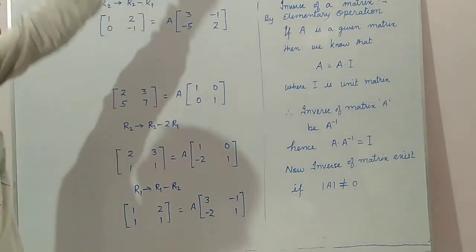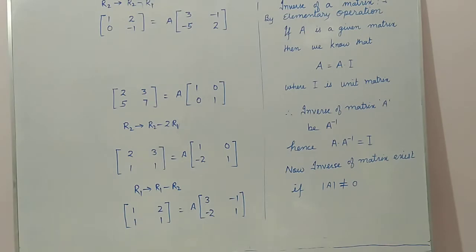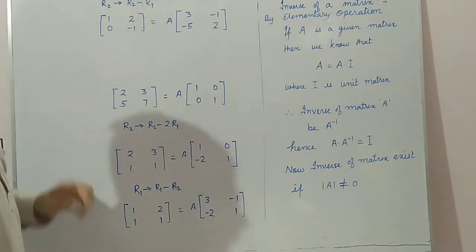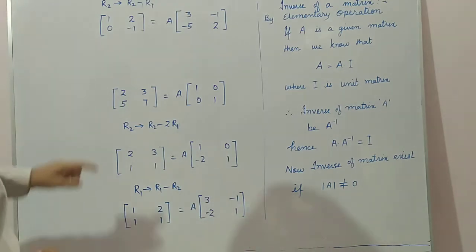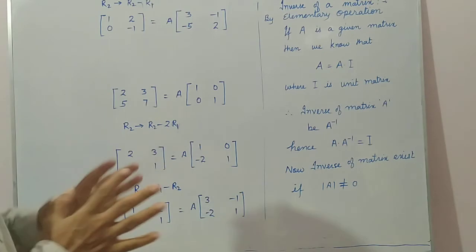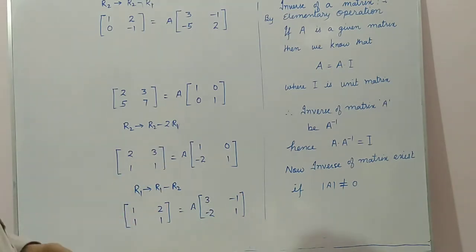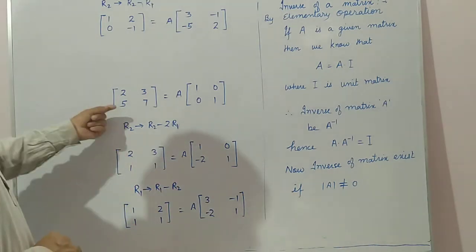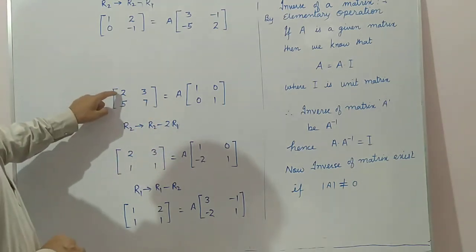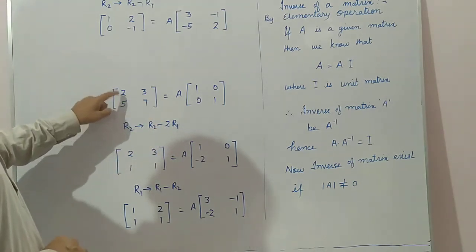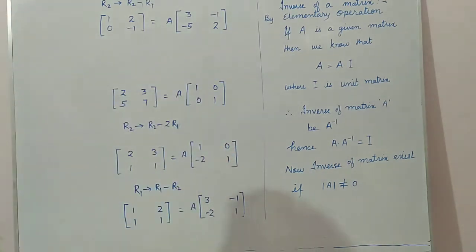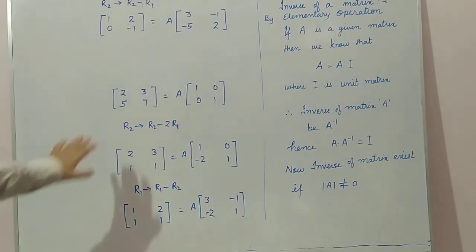So, alright. So first step, what we have done, first of all, we have reduced these numbers. 5, 7, this is 5 is greater than 2. So first of all, we are making this number smaller, lower one. Okay. Here we are using elementary row operation. So here, first of all, we have reduced the numbers, that is R2 changes to R2 minus twice of R1. So we will do twice, it will become what? 4. I minus 4, 1 you are getting. So we have operated.